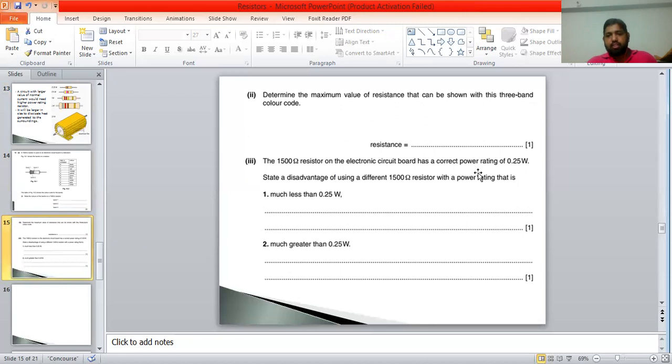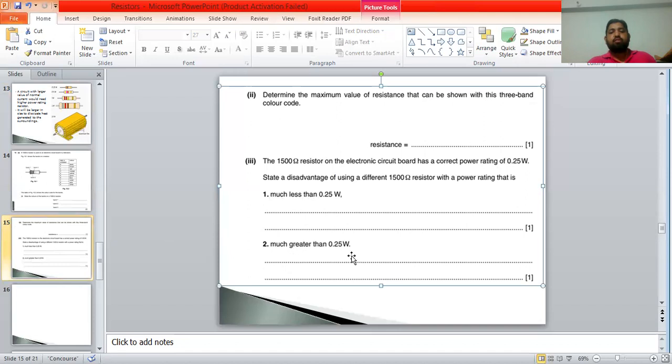अच्छा, normal power rating quarter watt है, but if you use a resistor with lesser power rating or greater power rating, so what can be the disadvantages? देखिए, lesser power rating होगी तो simply that resistor would heat up, it can blow, it will not function properly. What if we have a larger power rating of a resistor?